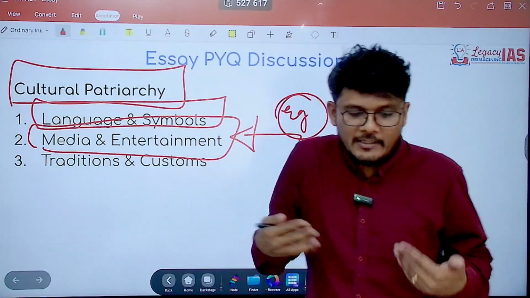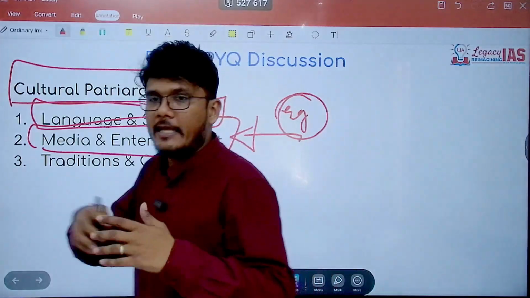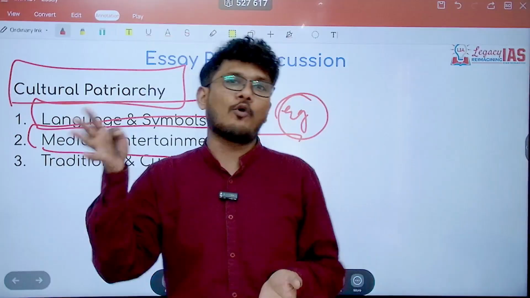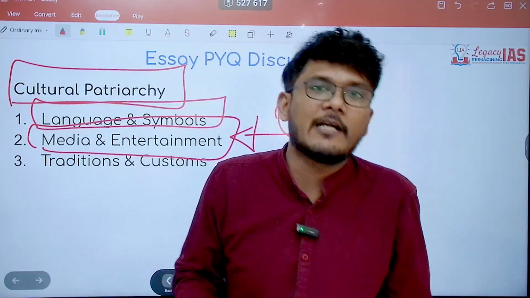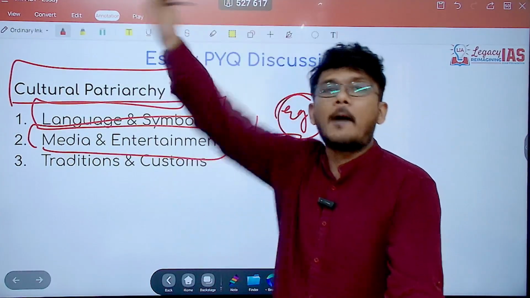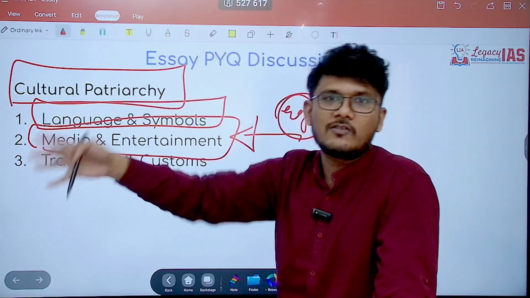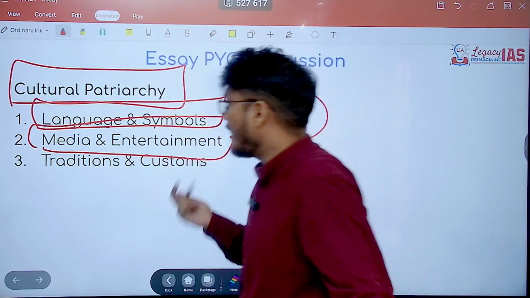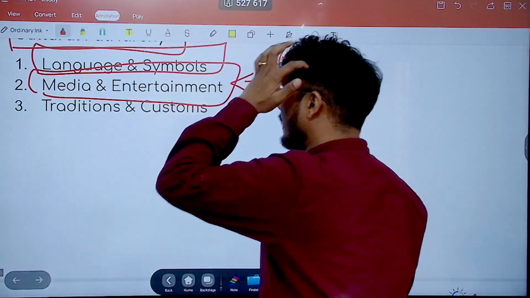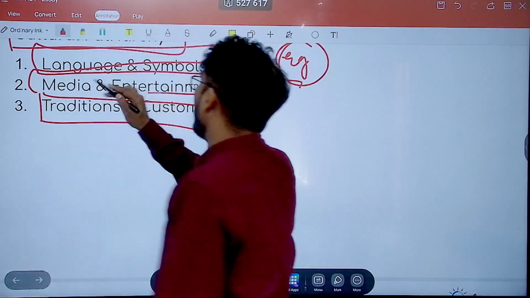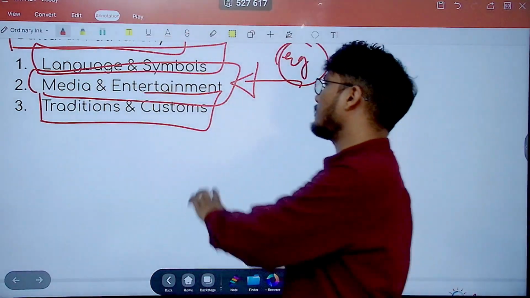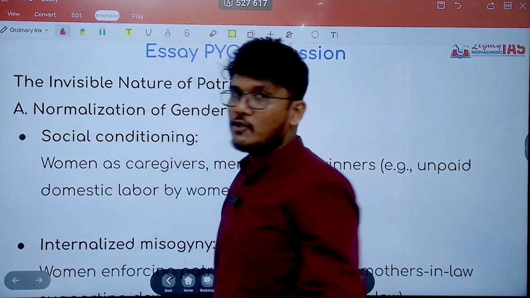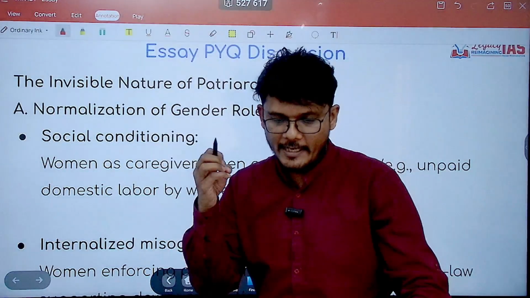So when children see that advertisement, they realize that in every advertisement it's the mom who's washing the clothes. So mom is supposed to wash the clothes is what is assumed by that particular child, and the child grows up thinking that this is the lady and she is the one who should be washing the clothes, not the male of the house. So that is how patriarchy is ingrained in the system. Then of course various traditions and customs you can take examples of. Once that is done, we have ensured how the structure of patriarchy is existing.